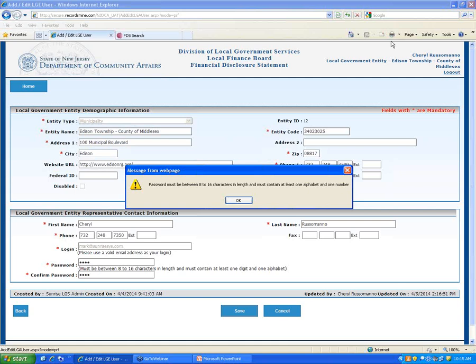Now, as we go throughout the course of the year, you have new LGOs that get appointed to committees and so on and so forth. That's fine. You can always come back in. You can always update and maintain your roster at any point in time. So before I actually get into adding an LGO, I'm going to pause there for a second.